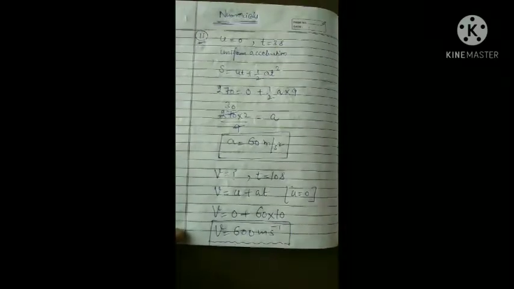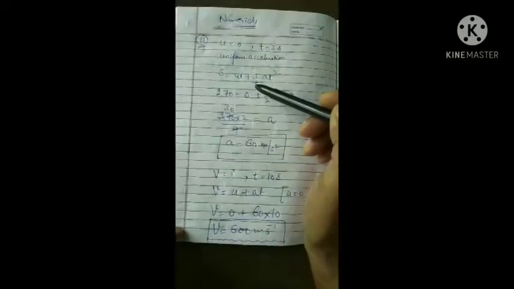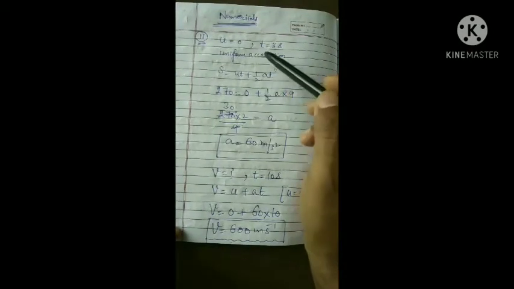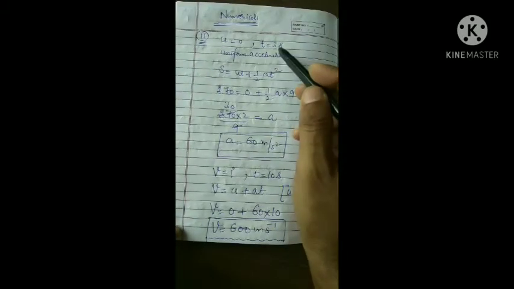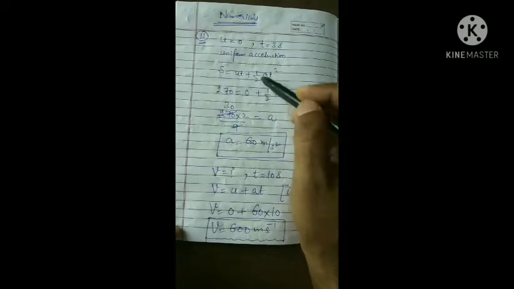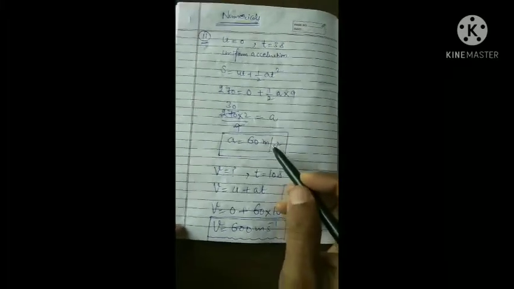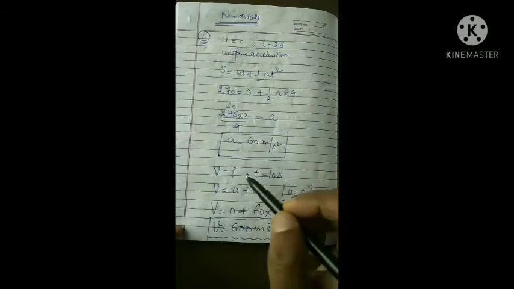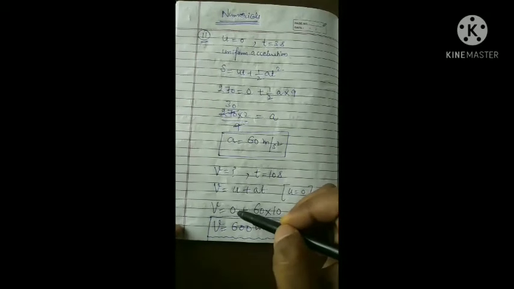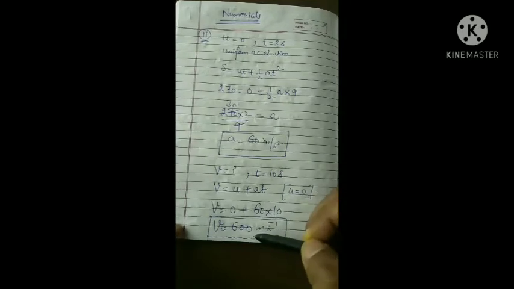The 11th one is: a body moves from rest with a uniform acceleration, and you have to find the velocity of the body at 10 seconds after the start. Displacement value is 270 meter and time is 3 seconds. So S is equal to ut plus half at square. S is 270, U is 0, half a into 3 square, 9. If we solve, acceleration is 60 meter per second square. Now velocity you want to find after 10 seconds. So V is equal to U plus at, U is 0 because it starts from rest, plus a 60 and time is 10, 60 into 10, 600 meter per second.